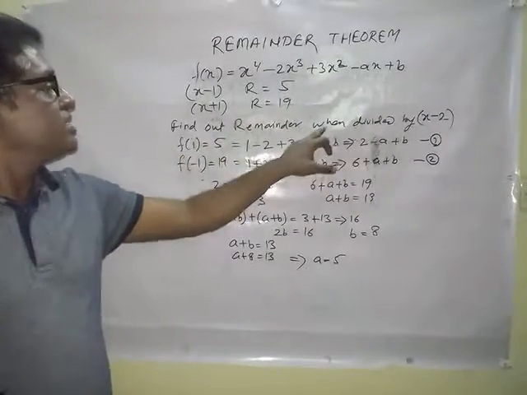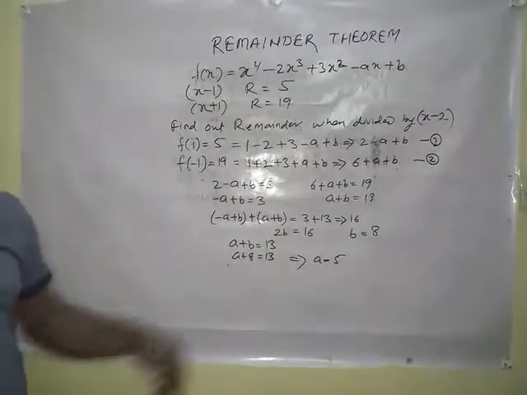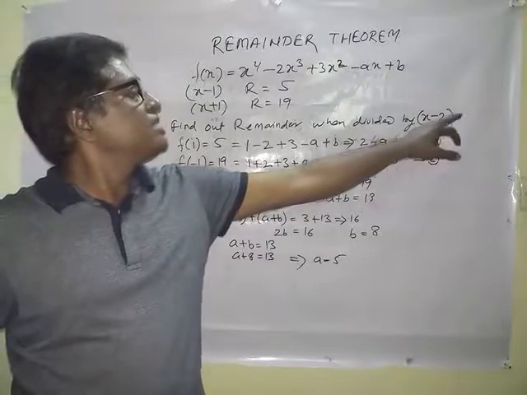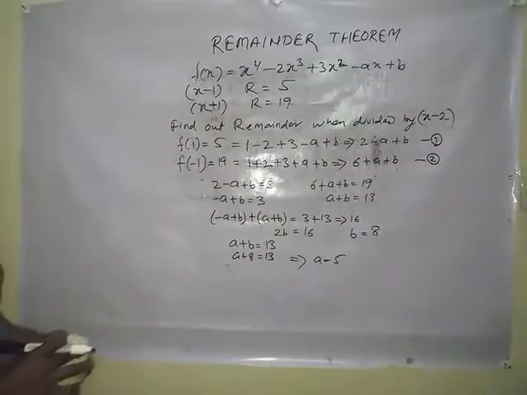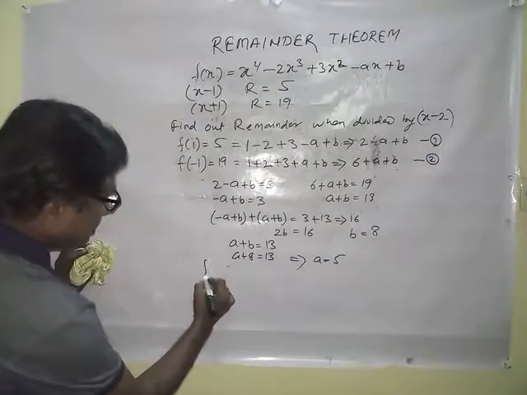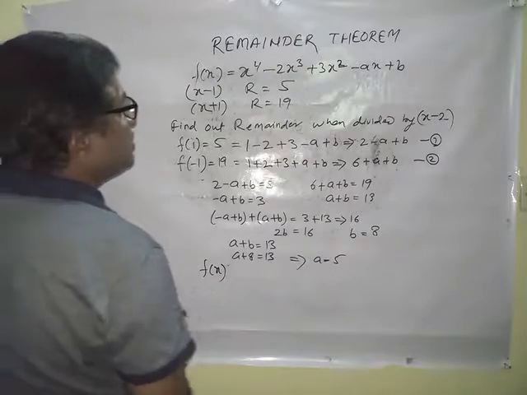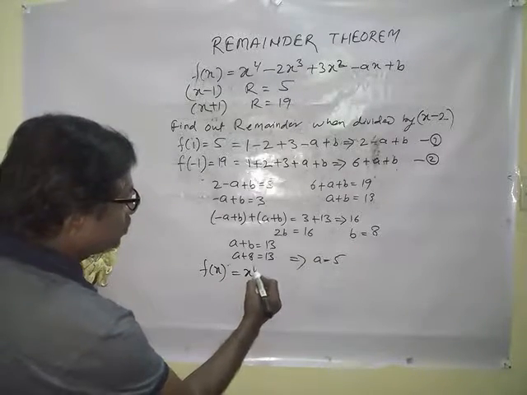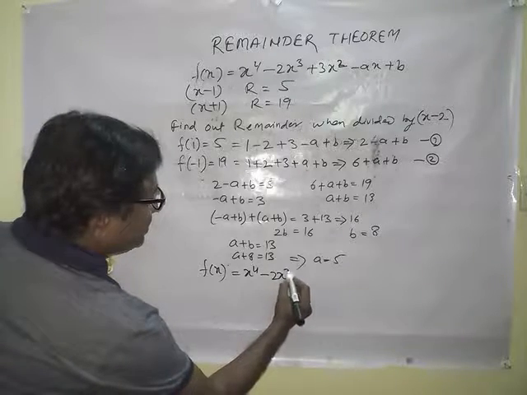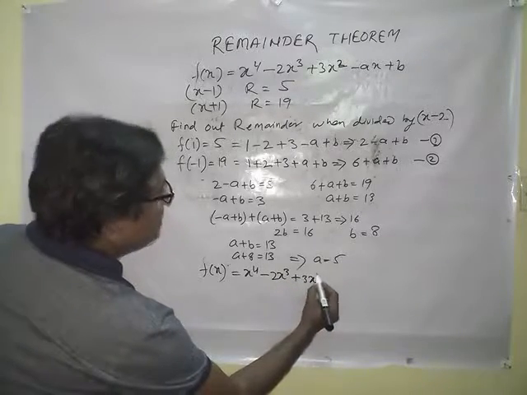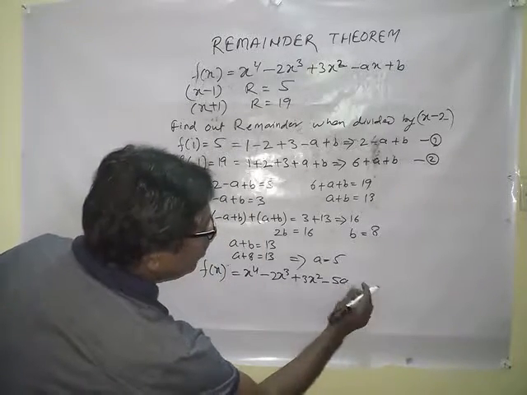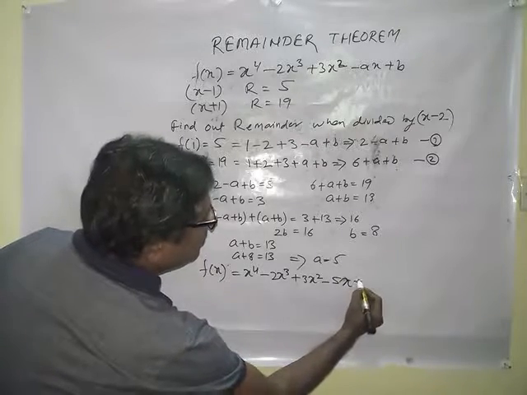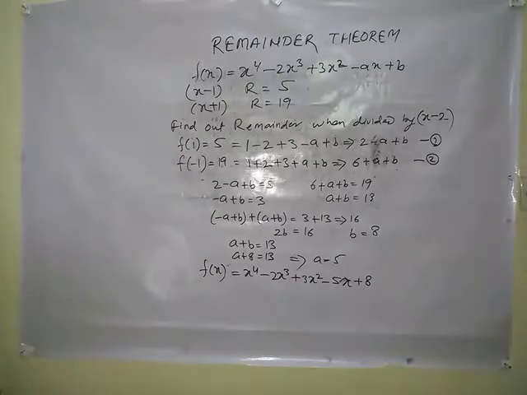So you can straight apply the remainder theorem where you replace the value of x equal to 2, because x minus 2 is equal to 0, so x is equal to 2. So let us see how this equation, after placing the value of a and b, is equal to x raised to power 4 minus 2x cube plus 3x square minus 5x, I am placing the value of a here, plus 8. Now find out the remainder when it is divided by